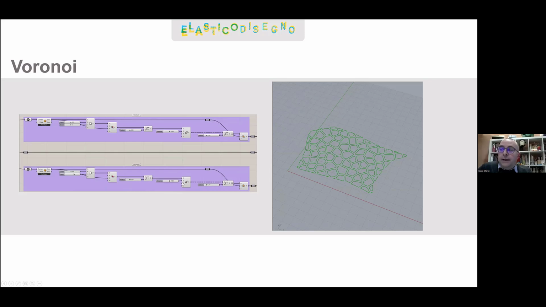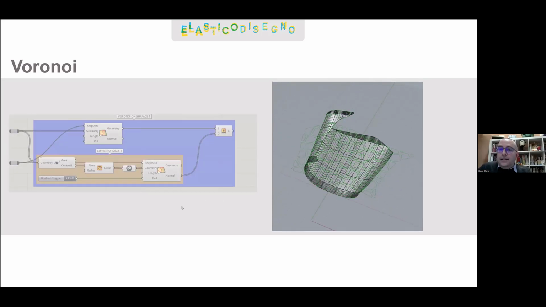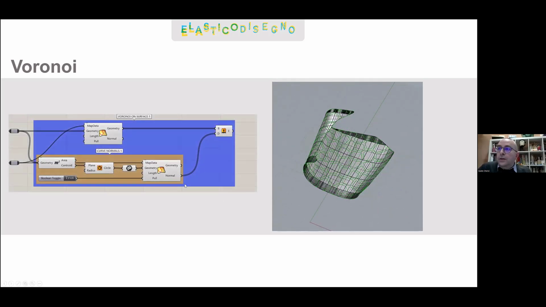See the offset of -1, which means 1 millimeter on each side, generating this 2 millimeter bridge around each cell. Then, using shape map again, we applied this pattern back onto the surface. Here, for clarity, I'm only showing one of the two Voronoi patterns. So we applied it back onto the surface,